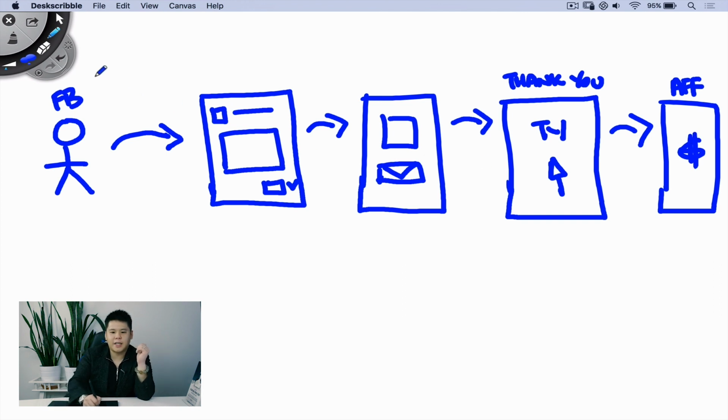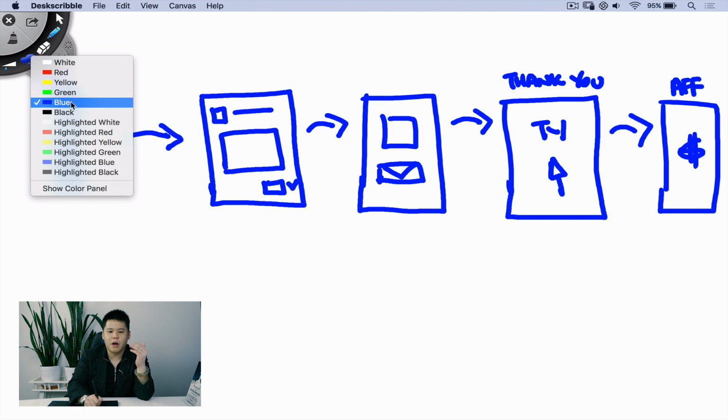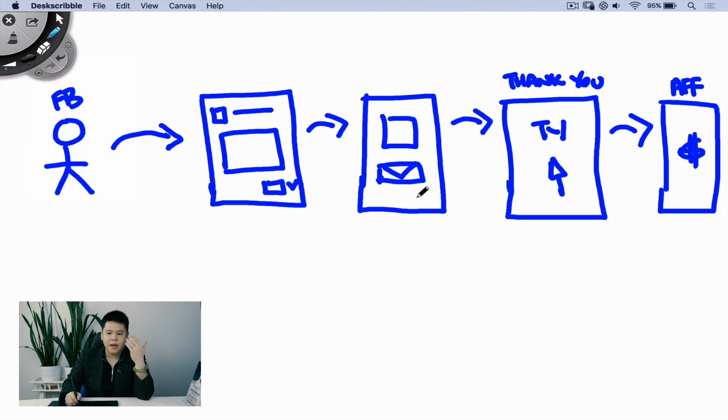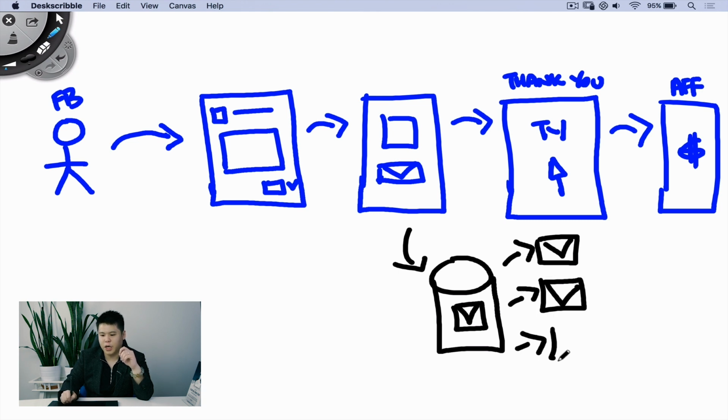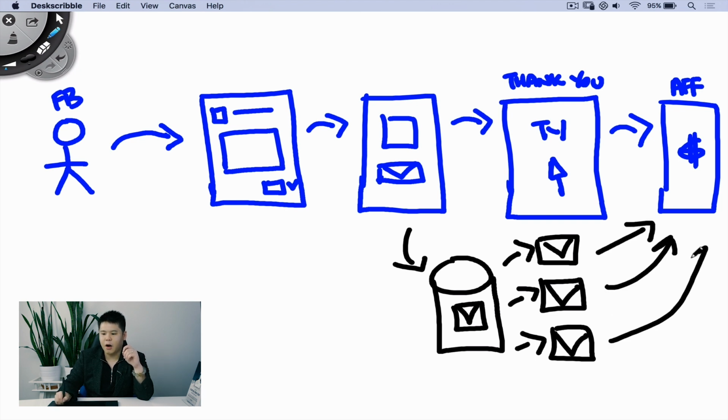At the same time, like I said, you need to make sure that you use an automation like LeadsTunnel so that each time someone submits their email address, it's added into your ESP, which is your email service provider. It can be Aweber, MailChimp, SendLane, whatever you desire. Once you've actually got that person's email address, all you're really doing is, on a regular basis, sending out different affiliate promotions to actually get them to buy. This is how it all works.